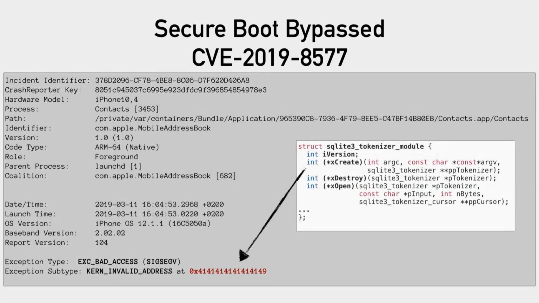And this is really interesting because you can see that the crashing address is 41, 41, 41, 49, and this is exactly as we expected, right? This is where the constructor xCreate should be. But that's actually not everything,